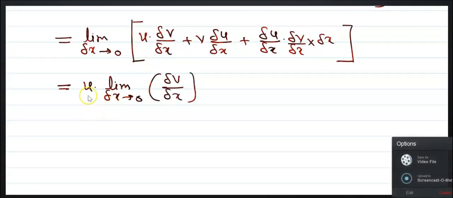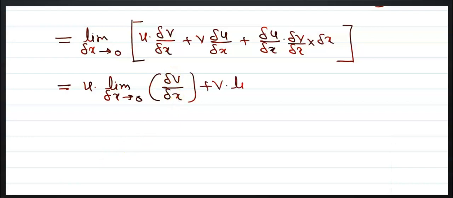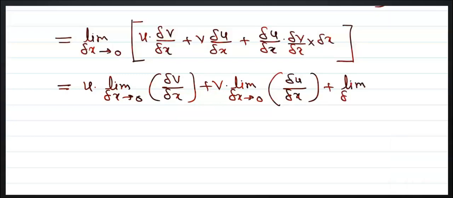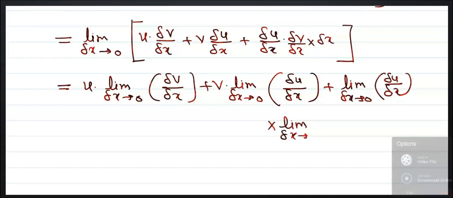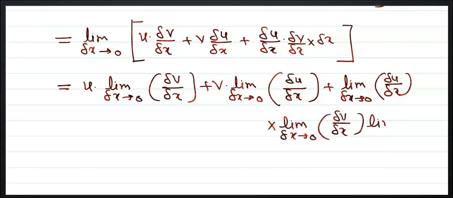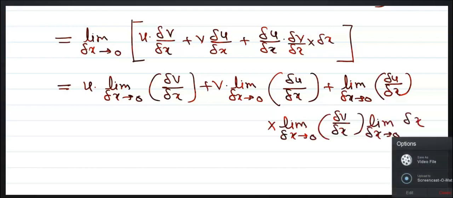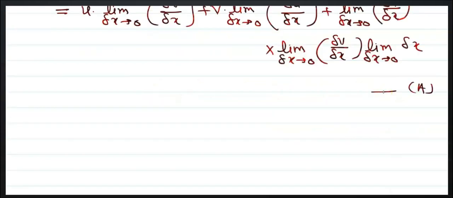Now here, u into limit of delta x tends to 0 of delta v upon delta x, plus v into limit delta x tends to 0 of delta u by delta x, plus limit delta x tends to 0 of delta u by delta x into limit delta x tends to 0 of delta v by delta x into limit delta x tends to 0 of delta x. And now